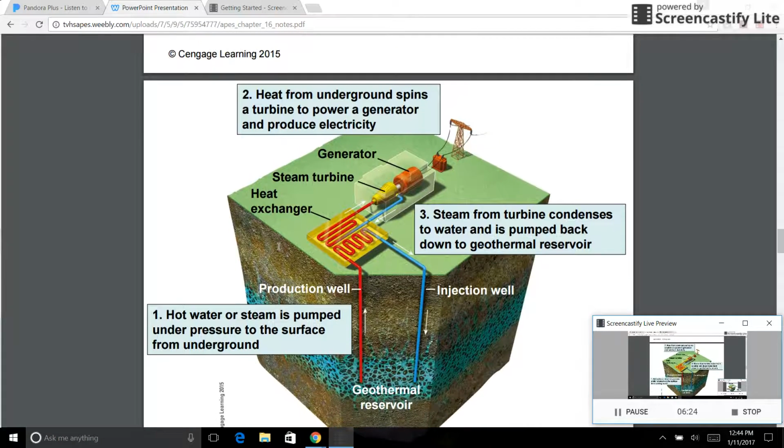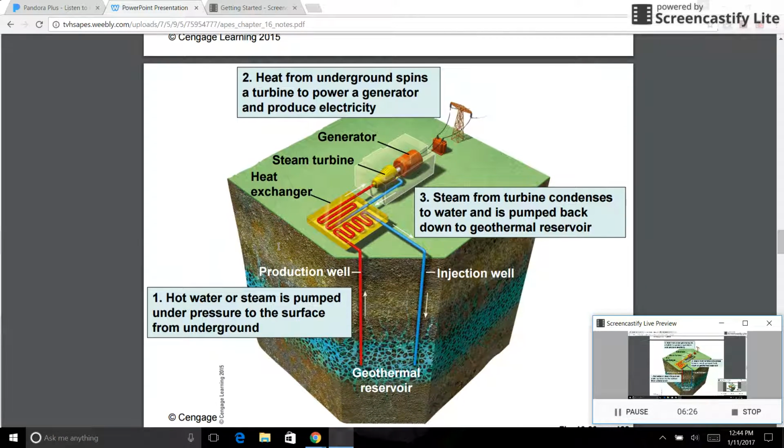All right, this gives you a little idea of what does this whole thing look like? And this is a simple diagram, so it gives you a pretty good idea of how this thing works. So hot water or steam is pumped under pressure to the surface from underground. So you've got these collecting ducts that bring this stuff up, and you can see this is labeled as a